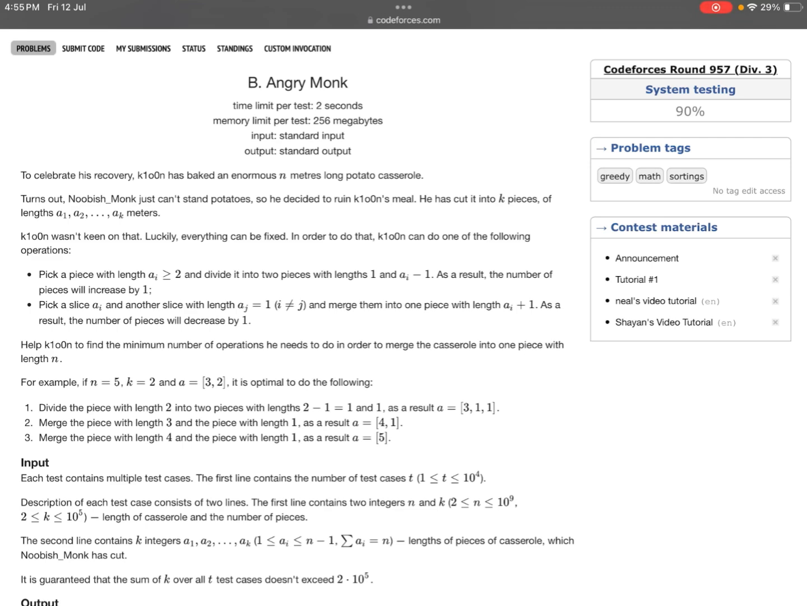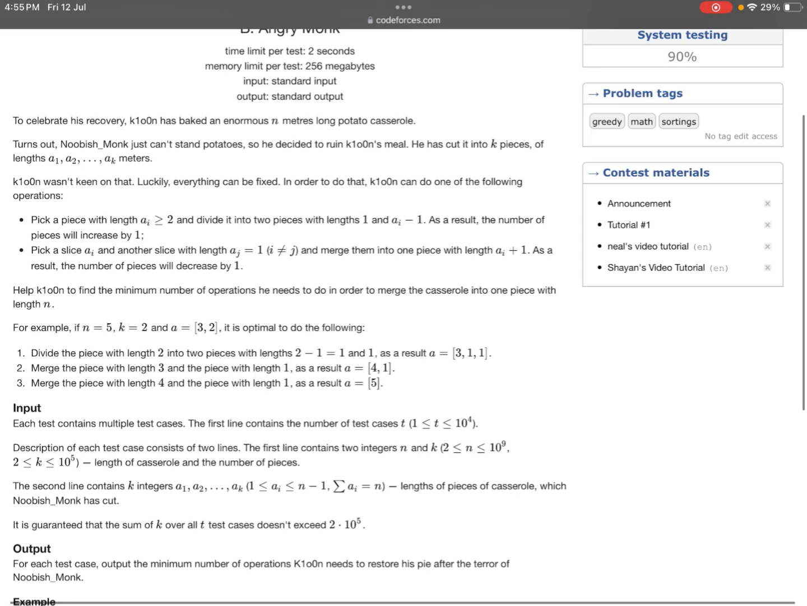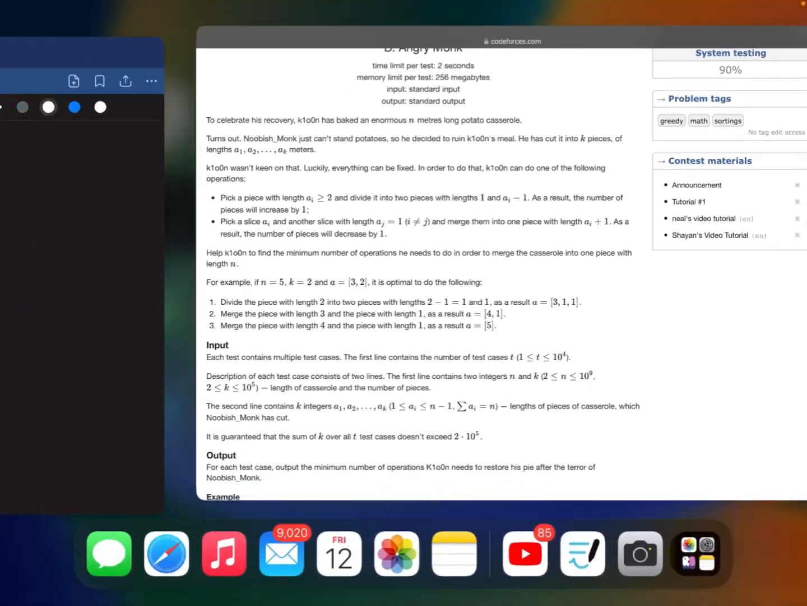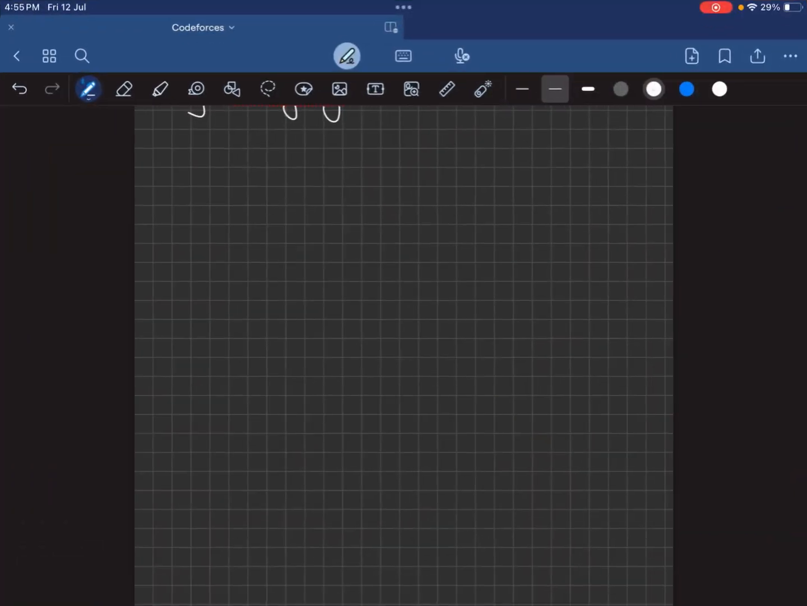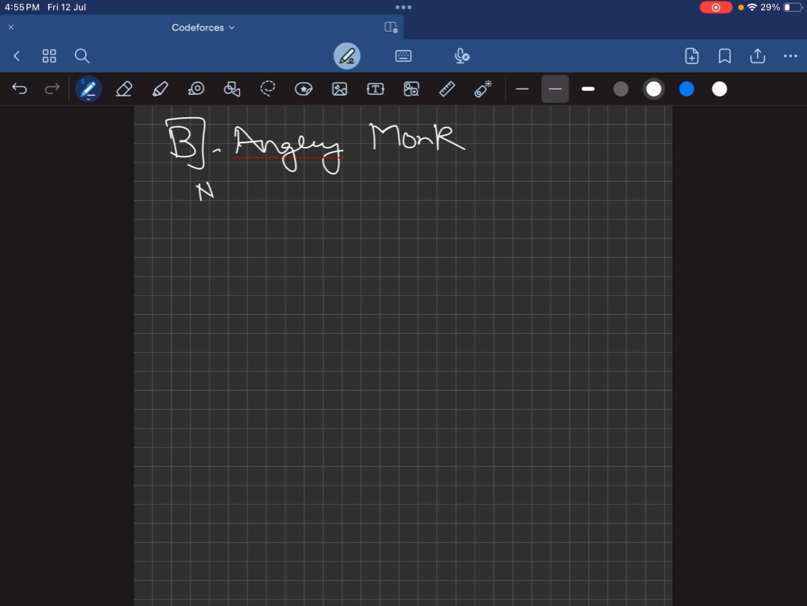So, angry monk. In this question, we are given two integers n and k, and an array a of size k, and it is guaranteed the sum of the array is equal to n. So let's move on to the board. We are given an integer n, an integer k, and an array of length k. So what does this array signify? Essentially the array signifies k pieces of a casserole,